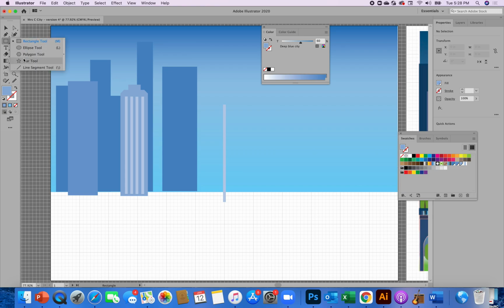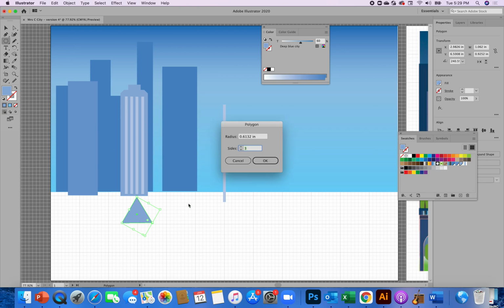Maybe I just want this to have a cone feel to it. This came up for me as a triangle, which is great. They don't always come up for you as triangles. I must have used triangle as the last polygon I made. You might end up with one that has 5 or 6 or some other number of sides. So really quick, I'm going to change this. I just want to show you